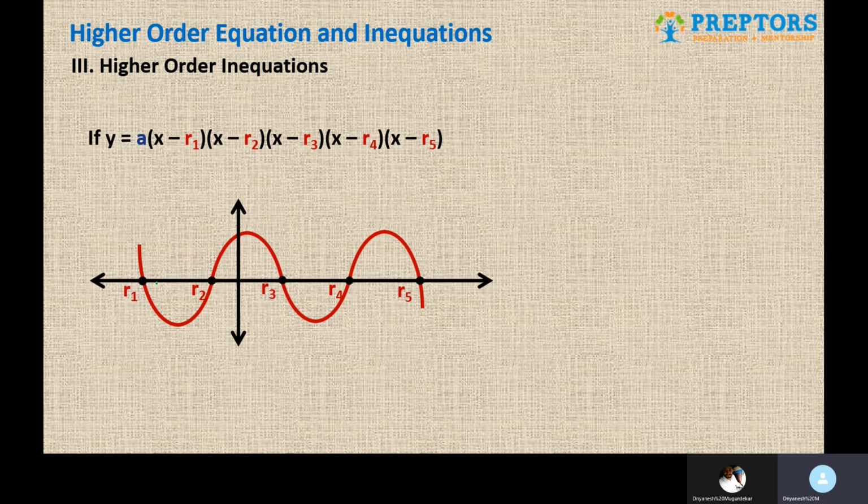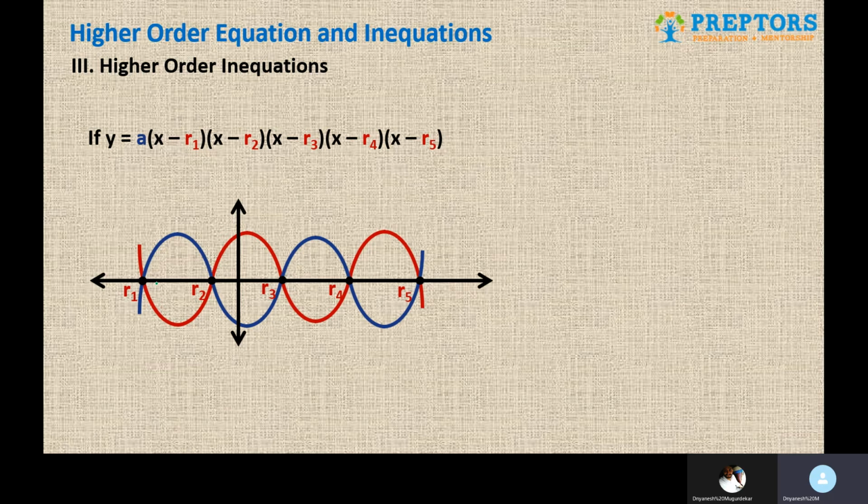But now the random curve can be of two types, and one of them is the red one that we have represented right now on the screen, which is the opening upwards curve. The other one can be a blue one, which is opening downwards curve, something of this sort. Now, how do we decide which curve we are going to plot or which curve we are going to use? So there's a process for that as well, and this is exactly what you are going to use in the solving of the questions. So how do we decide whether we are using the red one or the blue one? I mean, opening upwards or opening downwards, whichever way you want to remember.